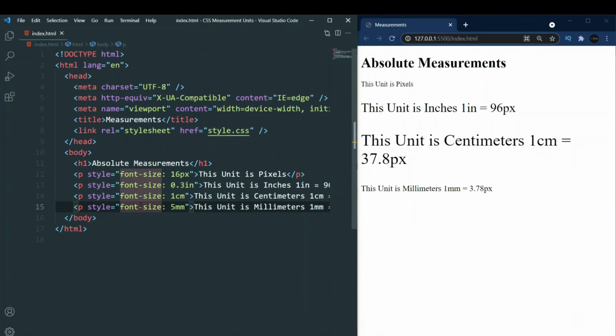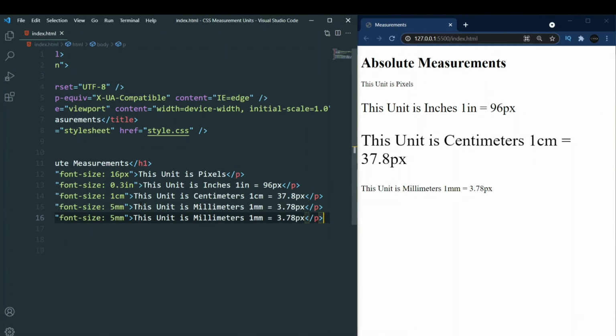Now the next one that we have is called point. So what is a point? A point is also a physical measurement. If you tell someone to draw a point, what they'll do is they'll take a dot and draw a dot. So here on screen also everything is a point. Point is not used that much by any developer. It is widely used in print media. So what does print media mean? When you have printers and anything that gives you a printed output, that is print media, and in that, points are used as a unit.